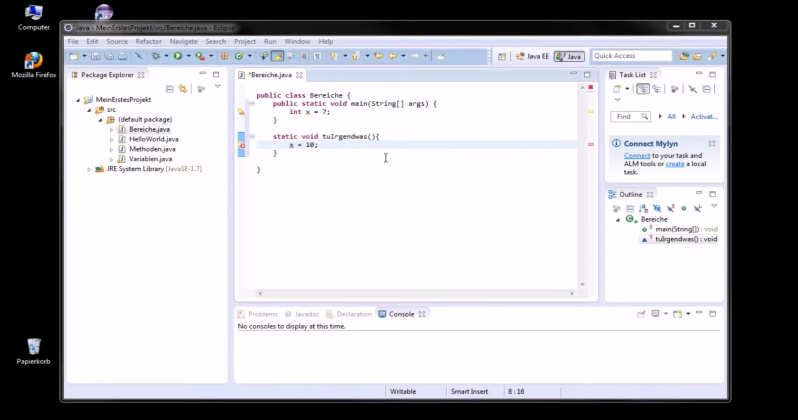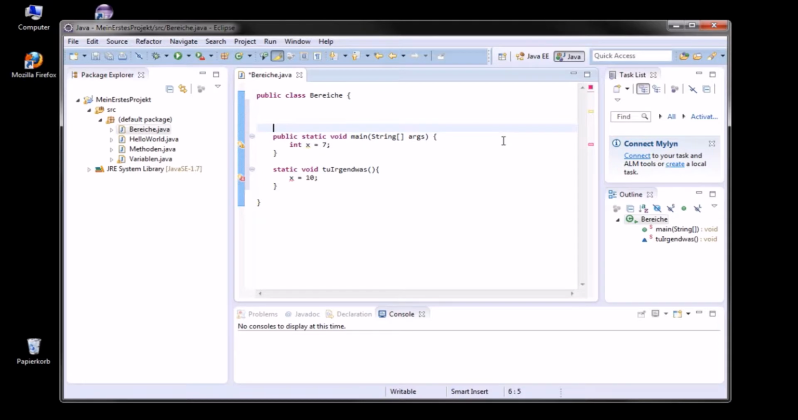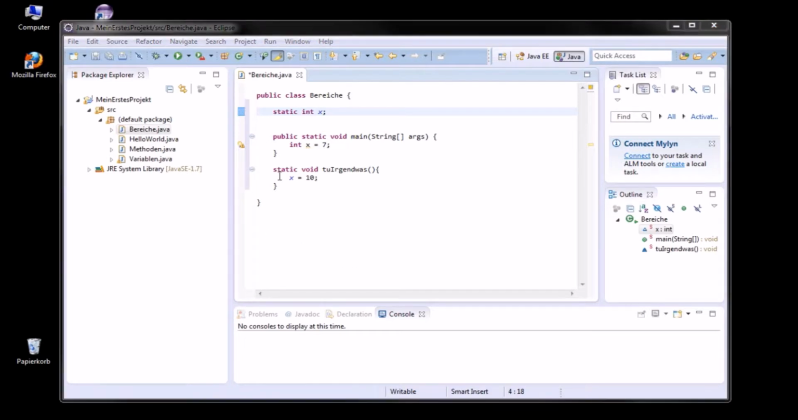For example, you don't have to declare a variable in the method. You can also do it outside of a method. So I go here on top of the main method, and I say int x, or static int x. I declare it here, and you see the problem disappears. And here we don't need an int because it's already declared, so it's enough if I write x equals 7. And if I run this program now,